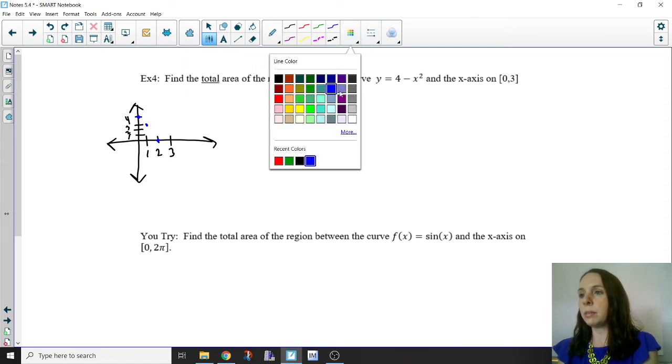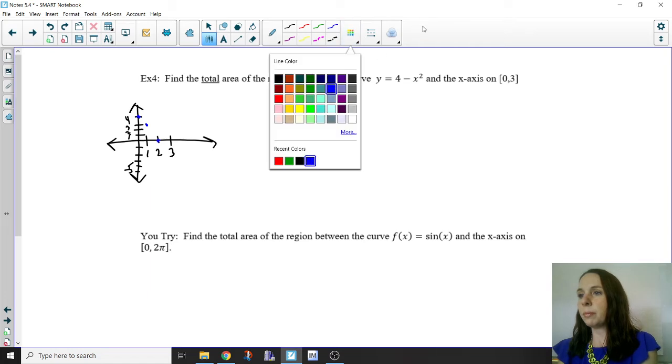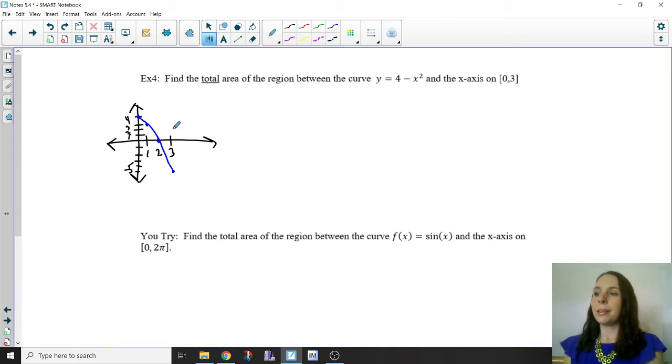Okay, so I need some negative y's. 1, 2, 3, 4, 5. Negative 5. Okay, so you can see that our curve goes below the x-axis. It shouldn't change concavity. Let me try to keep that all concave down. There we go. And so, we do have a little bit of area that would be counted negative if we